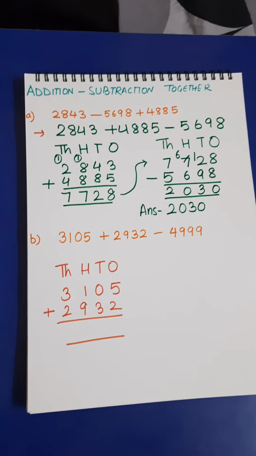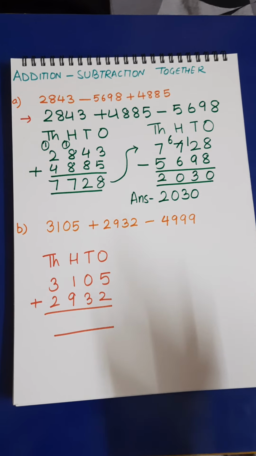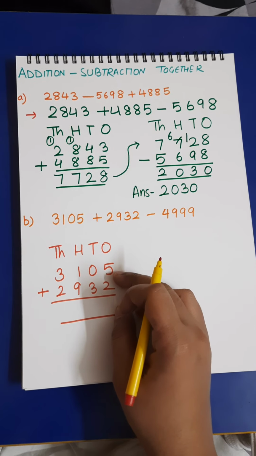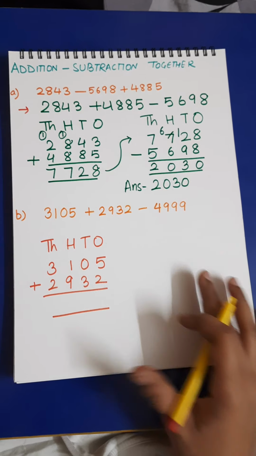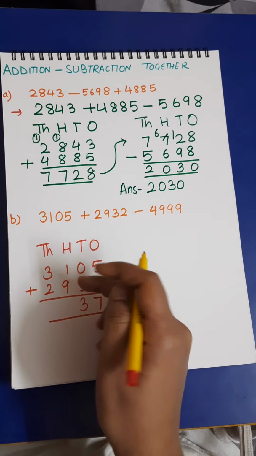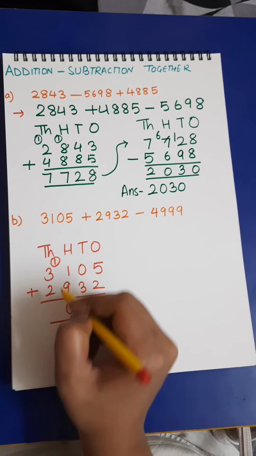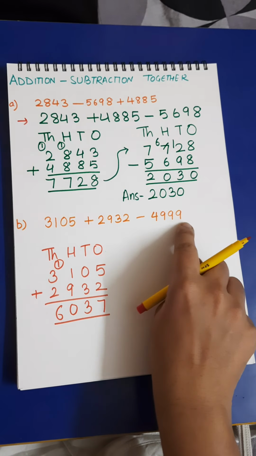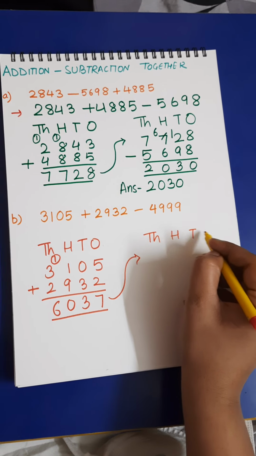Remember, everyone, whenever you are doing such sums in your notebooks, in which we have blocks, always write one digit in one block. This will give you more clarity with the places, and the work will also be quite neat. Okay, so 5 plus 2 is 7, then 0 plus 3, you add any number to 0, you get the same number. 9 plus 1 is 10, and it is 6. Now we have got our addition total. Now subtraction is left, so I will bring it over here.